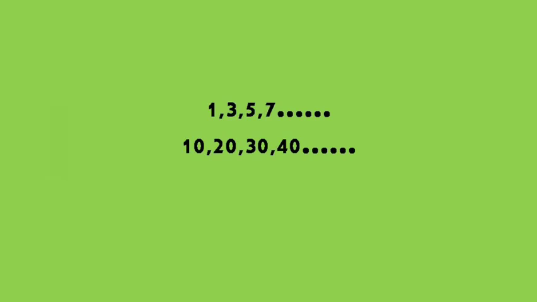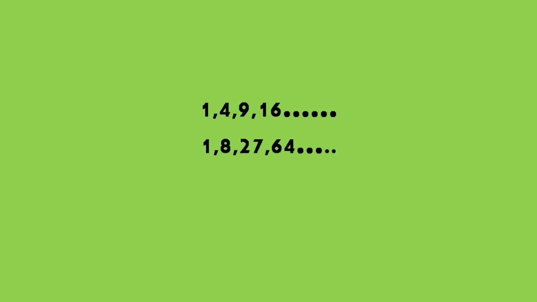Observe another formation which talks about squares of natural numbers. It's 1, then 2 square is 4, 3 square is 9, 4 square is 16 and so on. Another pattern we have cubes of naturals. 1 cube 1, 2 cube 8, then we have 27 and then 4 cube is 64.